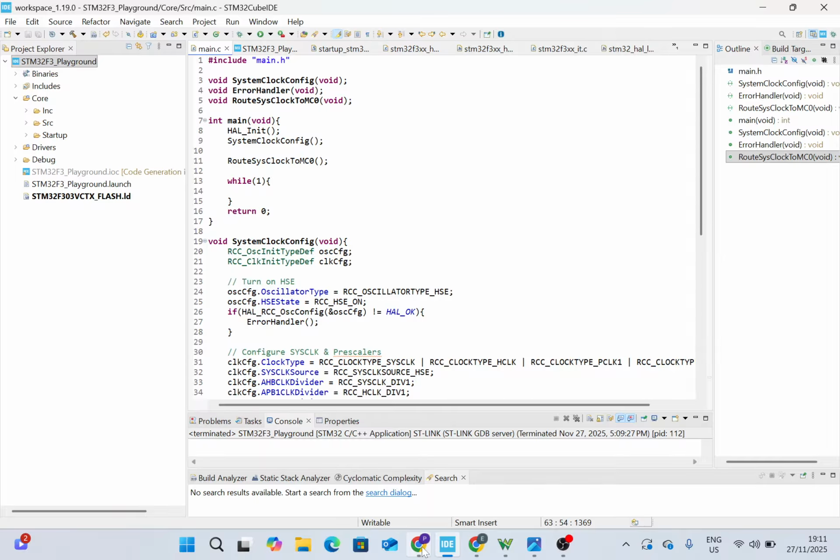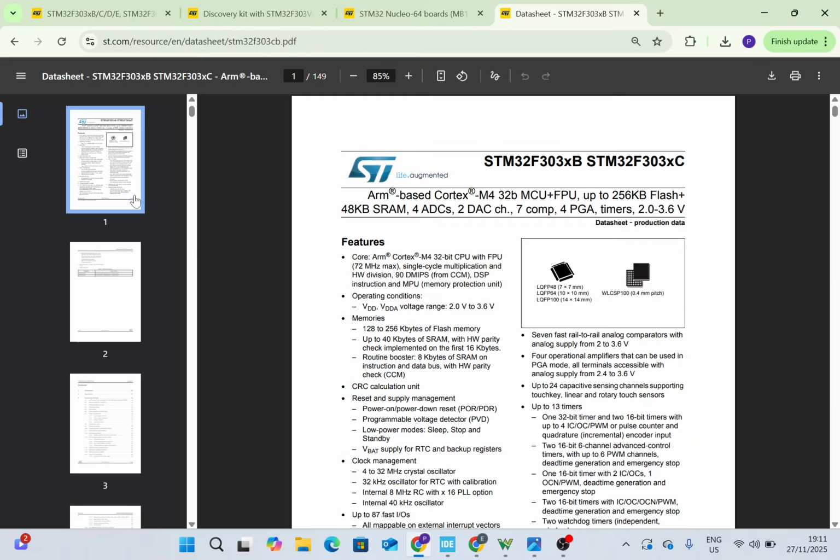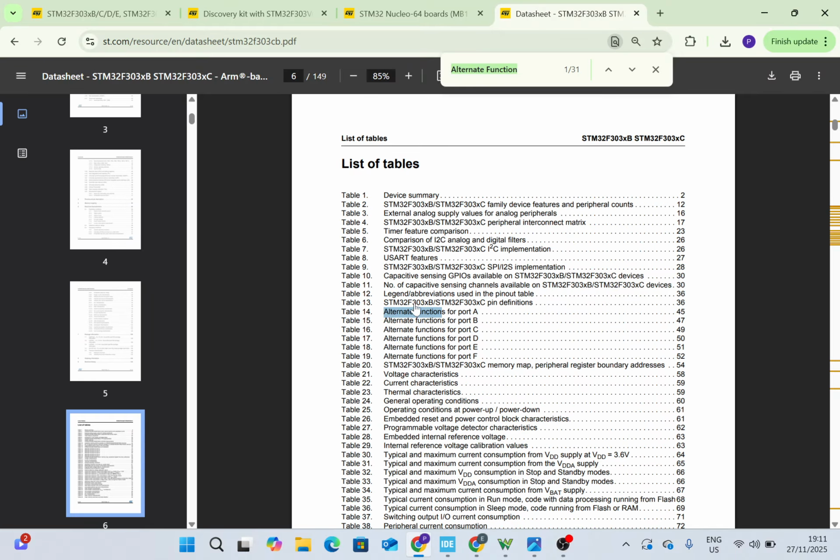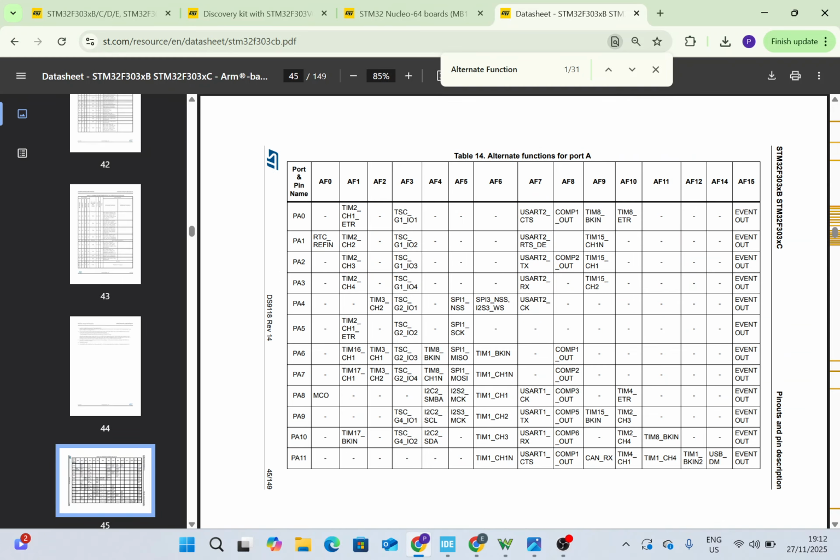So it just happens that when you come to the data sheet, to make it simpler, I can actually just search for alternative function. And okay, it says alternative functions for port A. I know because I have read already, right? So if I click here, this is a table of alternative functions. Each alternative function is identified by this identifier here, AF0 to AF15 for each port,